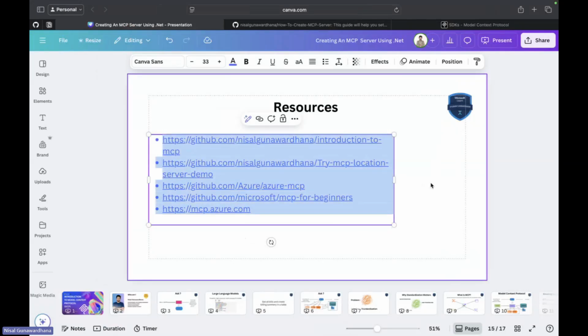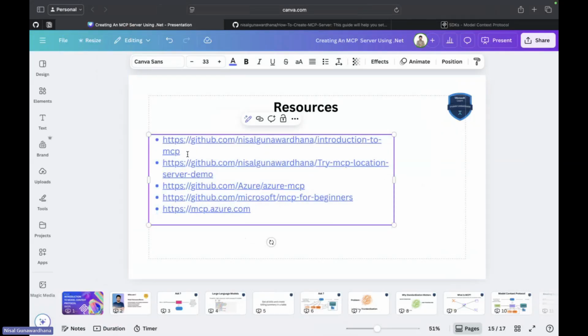Here we can see a few resources from my GitHub. One of them is the introduction to MCP; you guys can use this repository. Another one is the MCP location server, so you can try out this demo as well.